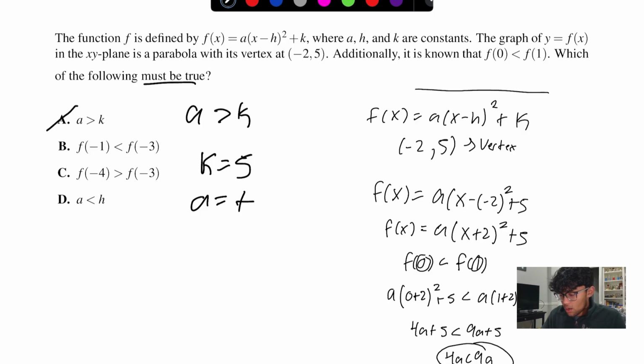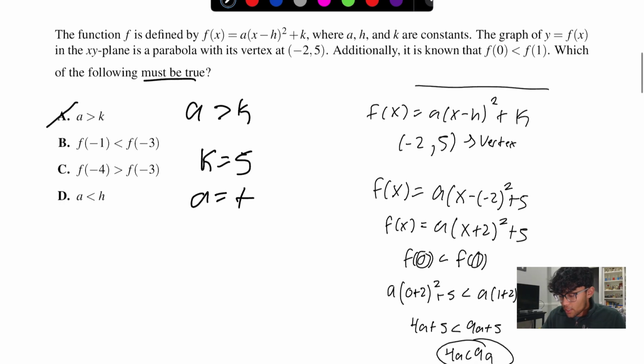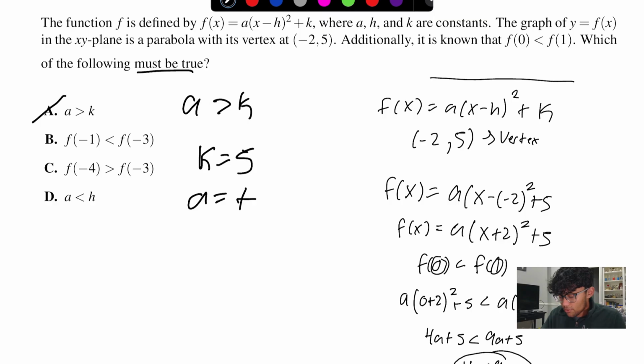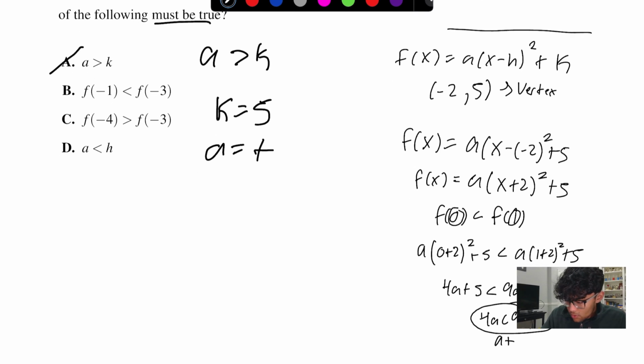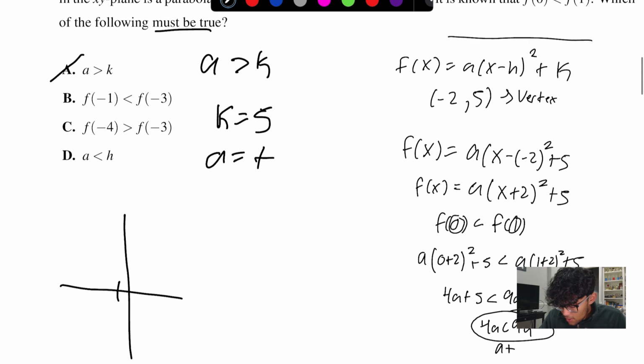So I'm just gonna mark that as incorrect. Okay, B is f of negative 1 is less than f of negative 3. Actually, what we can do is let's just visualize what this graph probably looks like. We know the vertex is at negative 2 and the y value is at 5. So this is our vertex and our graph looks kind of like, or sorry, that's a bad drawing. Our graph looks kind of like this,